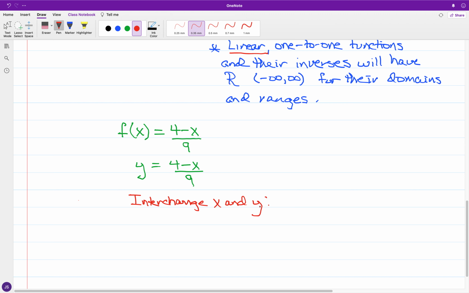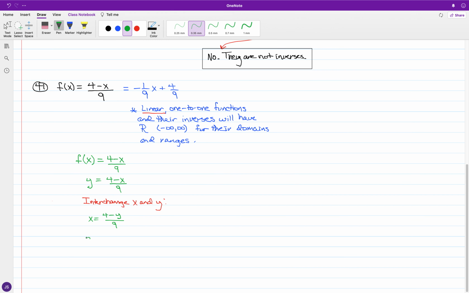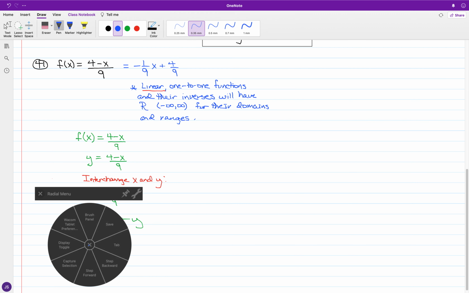Okay, so for what we have in the case of interchanging x and y, we're going to have x is equal to 4 minus y all over 9. And multiplying by 9, we're going to have 9x is equal to 4 minus y. And looking at isolating the y term, if I take 4 away from both sides,